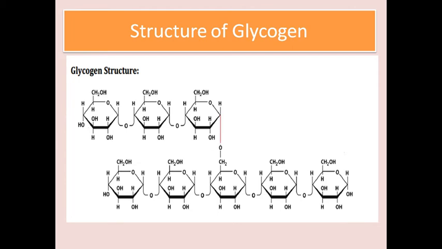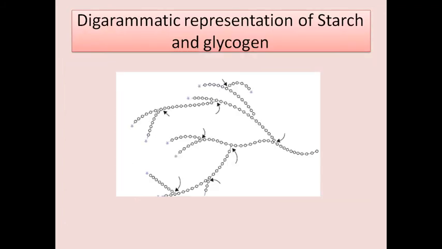in the muscles. In glycogen storage disorders, inherited defects in the enzymes of glycogen metabolism result in accumulation of either an abnormal type of glycogen or normal glycogen in different body organs such as liver, spleen, kidney, etc., causing hypoglycemia, muscle weakness, or even death. This is a diagrammatic representation of starch and glycogen.